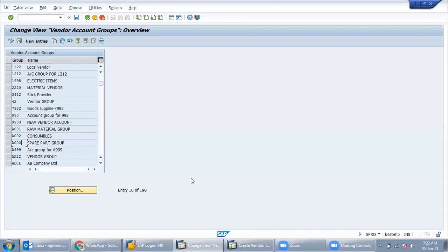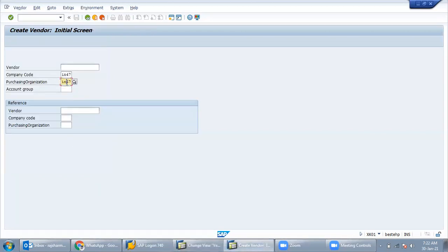And for multiple vendors, in the same purchasing organization, or can we make different purchasing organizations also in one master data? Purchasing organization is a different thing. It is not linked with the account group. It is separate, from where we are buying. A vendor can give services or goods at plant level, at corporate office level, or to a different organization. A vendor can supply anywhere, so purchasing organization is not related to account group.